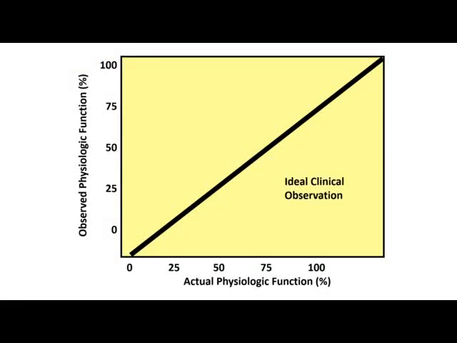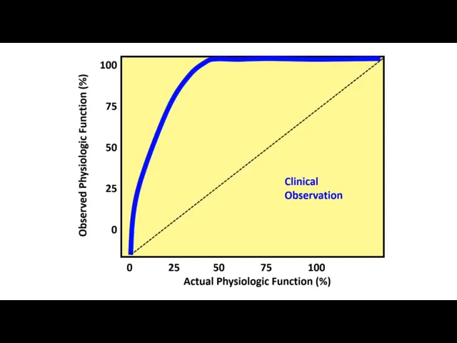Here's the problem. If we had an ideal clinical observation, if we had an ideal way to assess the actual amount of physiologic function, okay? So if an individual has a fall in physiologic function to, let's say, 75%, can you in fact detect that? All right, and the answer is we don't have this. So with clinical observations at the moment there can be quite a bit of functional fall in physiology before we start to note a fall, right? So it's only out here that we think there's a 50% fall, but we're already down to less than 25%